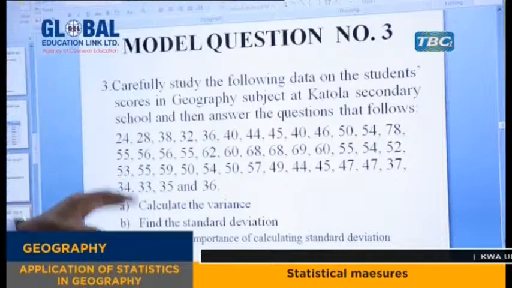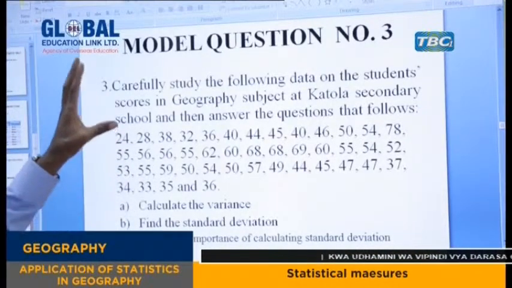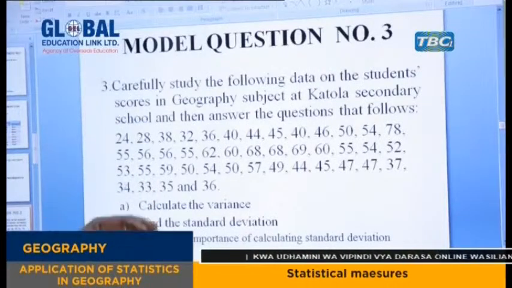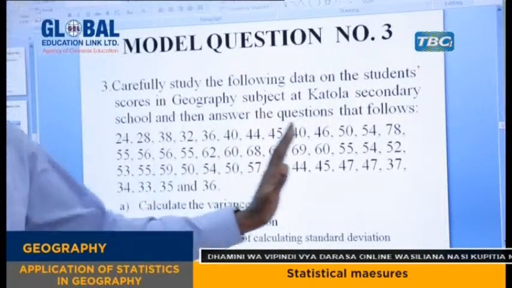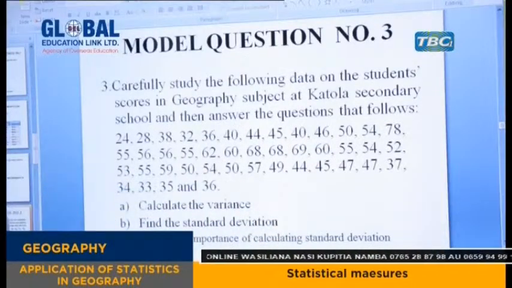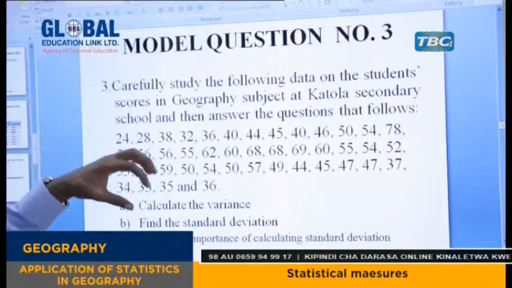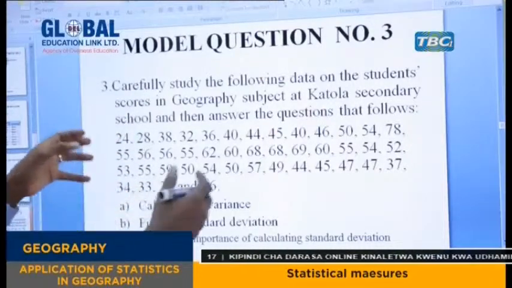This question is also grouped data, but it's quite different from the second one, because in the second one we were already given the table of frequency. But for this question, we have been given the data according to the scores in geography, so they are not grouped. And remember, the function of statistics is about summarizing the data. So we have the task of establishing the table of frequency